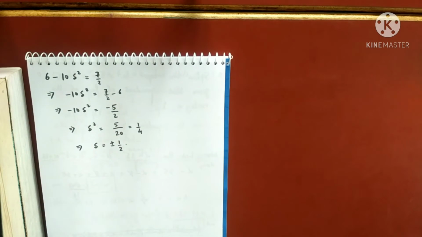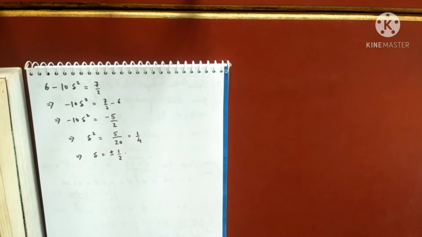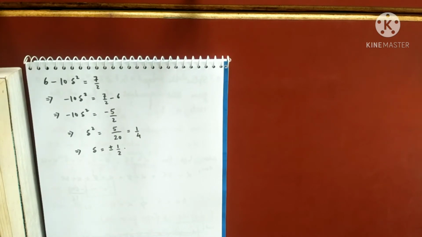So other relations are not required because I have already got the values of alpha and delta. I know there are two more relations between roots and coefficients, but we are done with this itself. If you want, you may write the other two relations, but I have understood that my task was to find alpha and delta, and I have already calculated them, so other relations are not at all required. Okay, so now what are the roots?